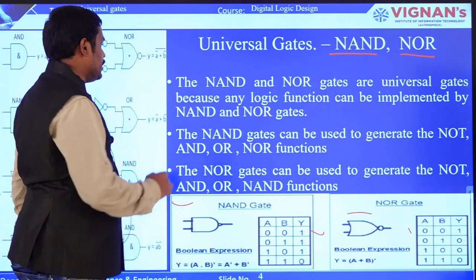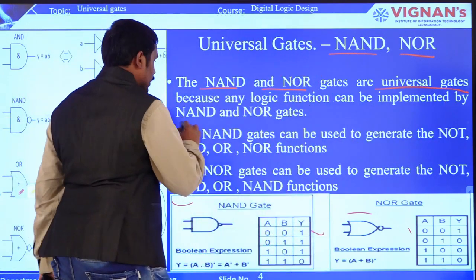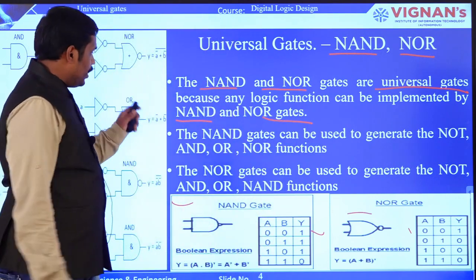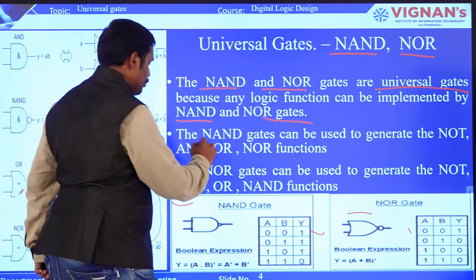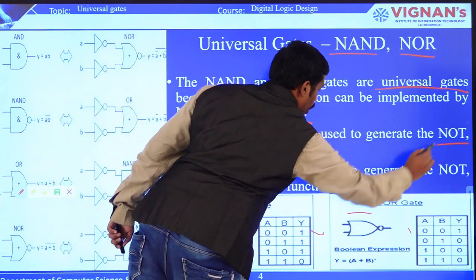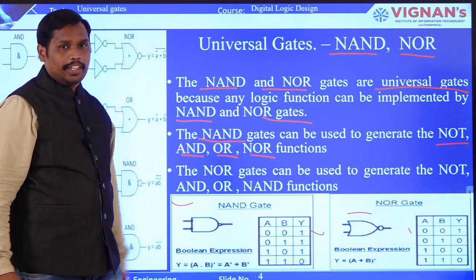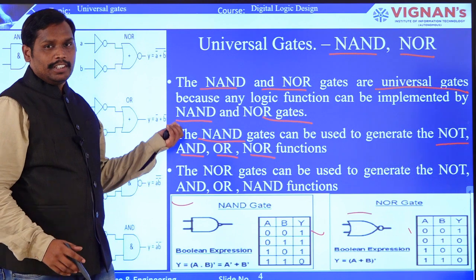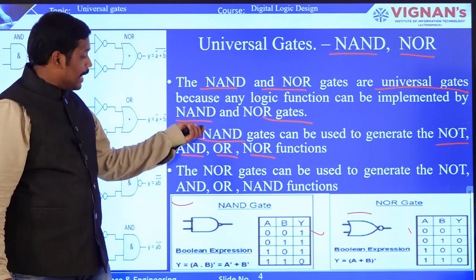These gates are clear. Now you can see that NAND and NOR are called universal gates because all gates can be implemented with NAND and NOR gates. For example, NAND gates can be used for representing the NOT, AND, OR, NOR and XNOR functions. All other possibilities you can also make, because all the different types of gates can be expressed with NAND and NOR.